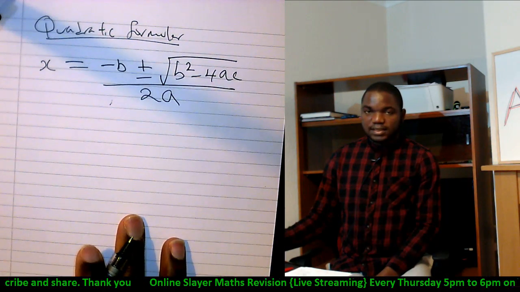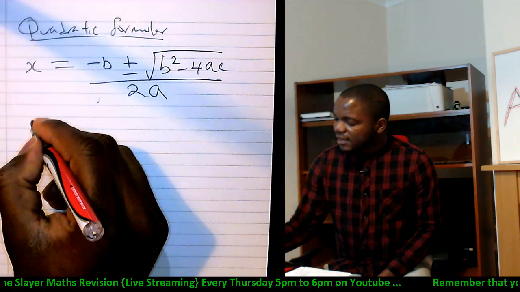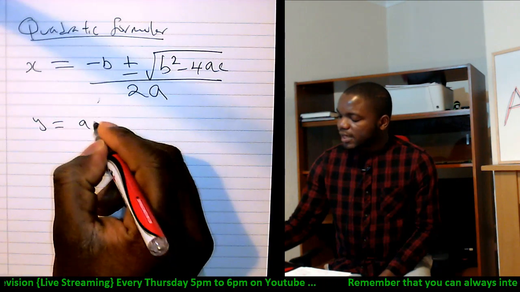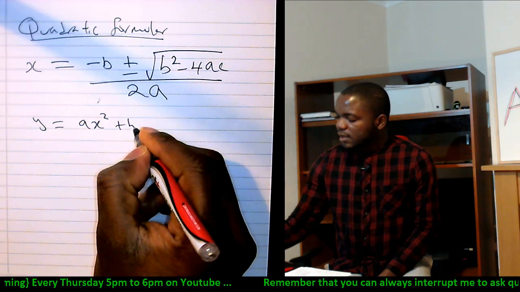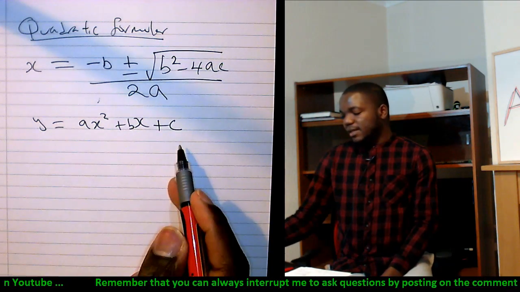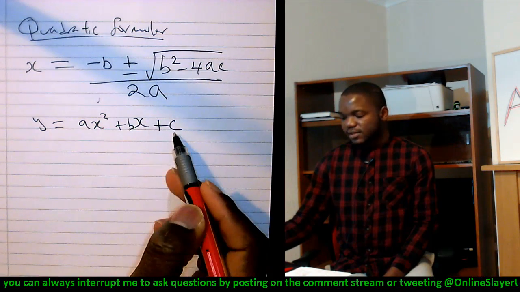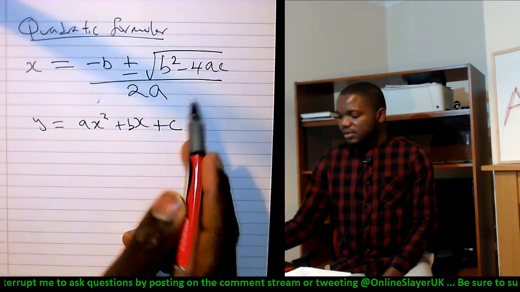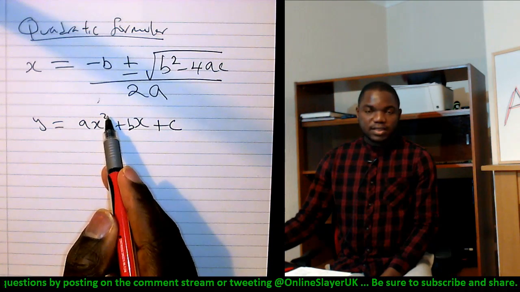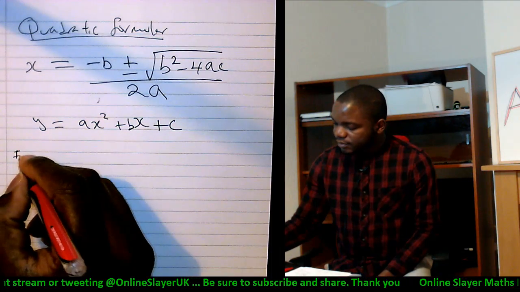That's the quadratic formula. It stems from the fact that every quadratic equation will look like this: ax squared plus bx plus c. Because it will look like this, it's going to be possible to tell what your a is, your b is, and your c is. Slot them into this equation, and you're going to get values for x. For example,